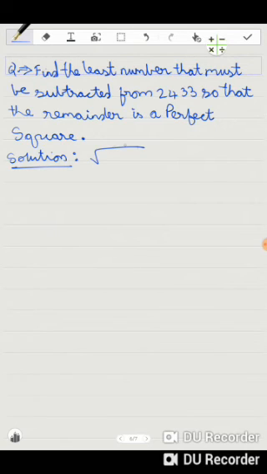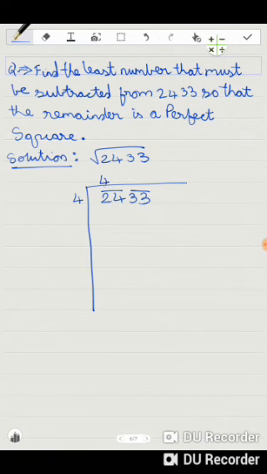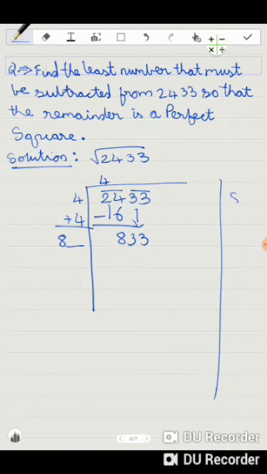So let me find the square root of 2433. So in here I will not put any decimal places because I need to see what the remainder is. So I simply pair up. 4 4s are 16, so remainder 8. I add 4 to itself, 8 dash, and I bring down 33. And if I ask myself, 8 dash multiplied by dash should give a number close to 833,